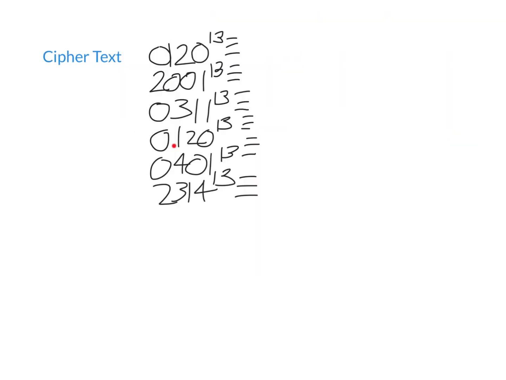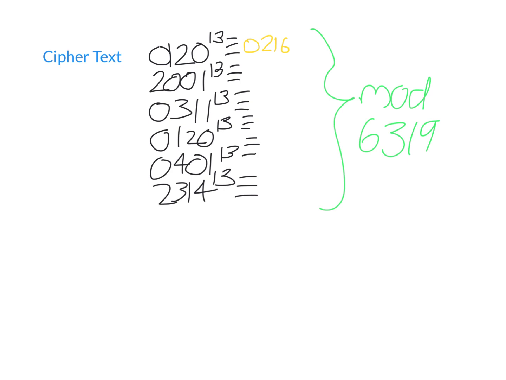So here are my blocks of numbers. I need to take each raised to the power of 13 and reduce modulo 6319. You can actually do calculations of this size on a program like Symbolab that I thoroughly recommend. So 120 to the power of 13 gives us 216. We make sure it's a 4-digit number, put a 0 in front. So 120 to the power of 13 is equivalent to 216 mod 6319, and I do the same for all